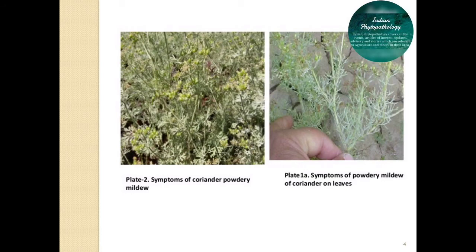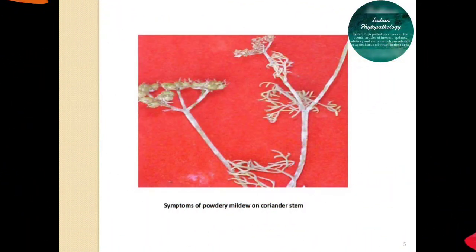You can see the symptoms of this powdery mildew: initially it shows powdery growth or whitish mycelial growth on the upper surface of leaves. It sucks nutrition from all the plant parts, and the plants become weak due to the infection. Ultimately, it produces cleistothecia, and primary infection is caused by infected plant debris containing cleistothecia or infected seed. These are responsible for the primary source of infection, and the secondary source of infection is through airborne conidia.